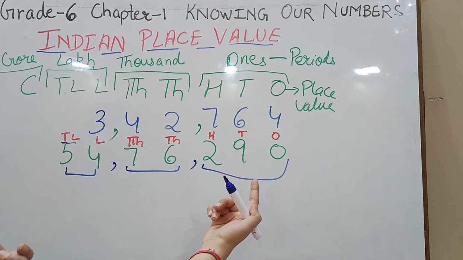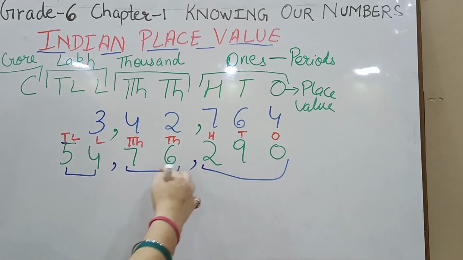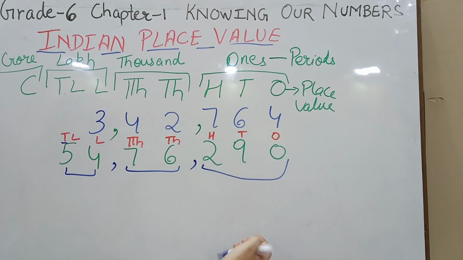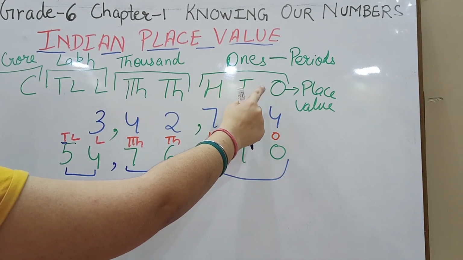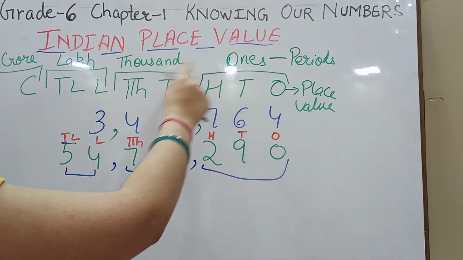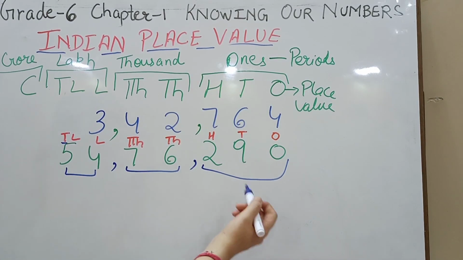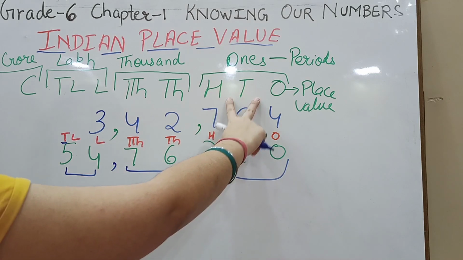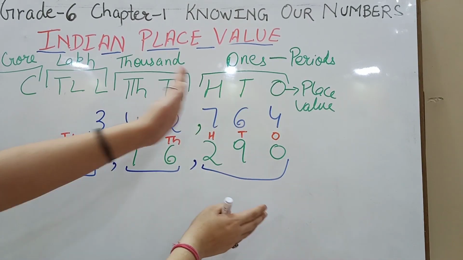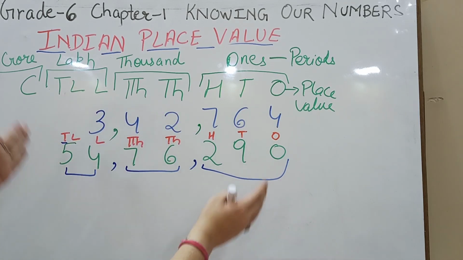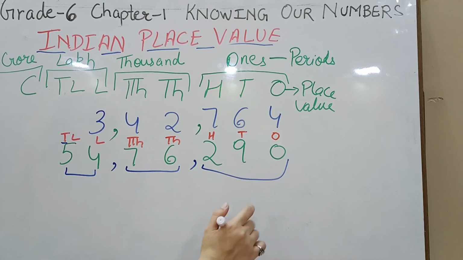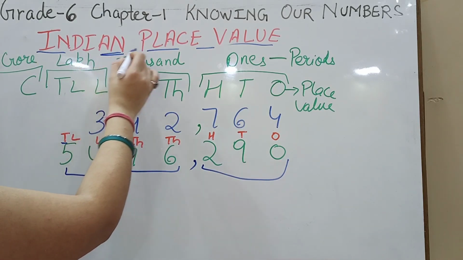First is to put the place values, then is to put commas, and then we are going to read according to the given periods. Remember, the digits or the specific names that describe the position of a given number, they are called the place values, and they come under certain periods. Those periods are going to define the commas between the numbers so that you can read a number in a proper way.